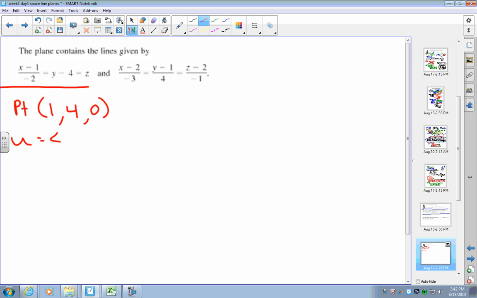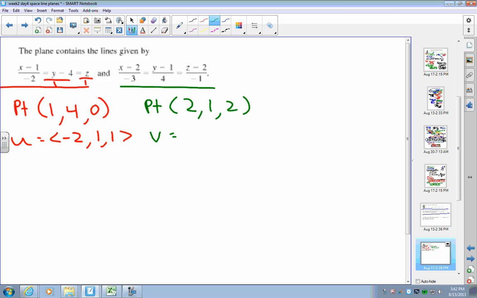The direction is given by the bottoms here. So this is a 1 and a 1 down low. So -2, 1, 1. And over here, for this one, you have a point of 2, 1, 2, and a directional vector of -3, 4, -1. Okay? So if I have two lines,